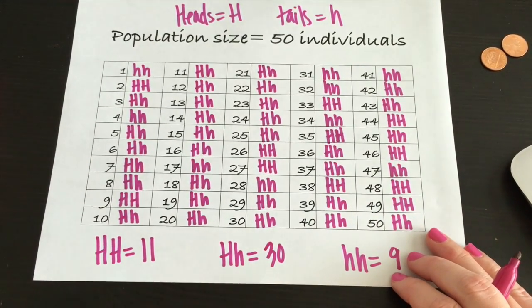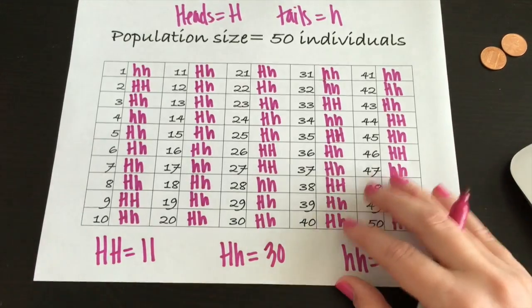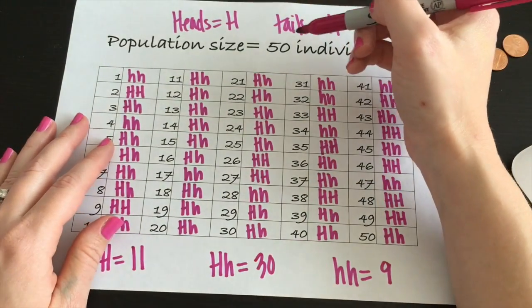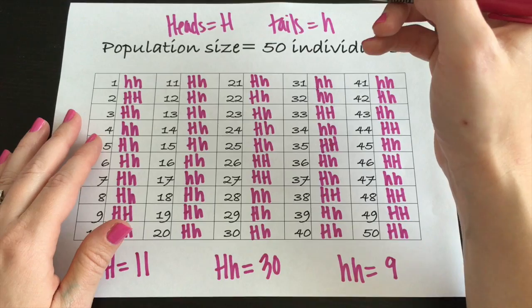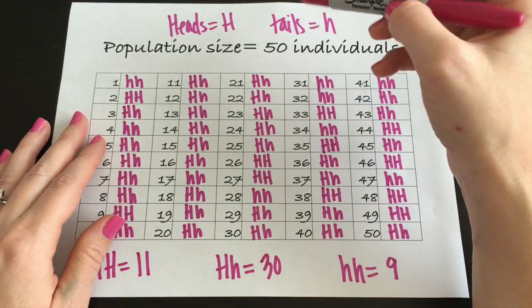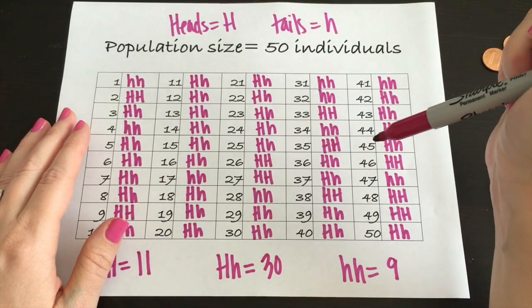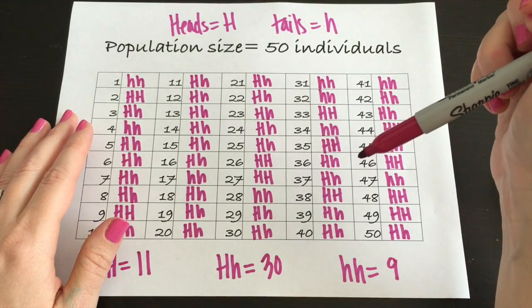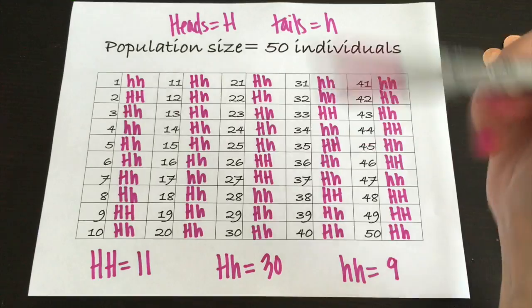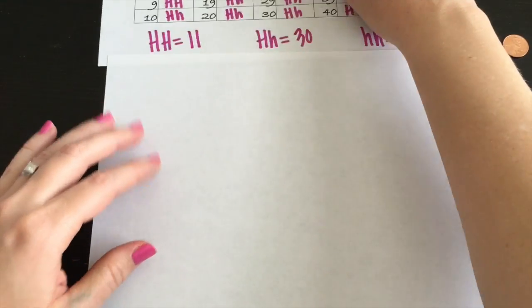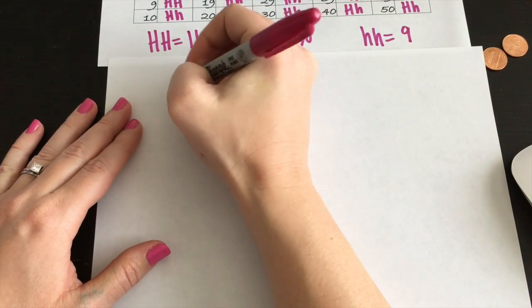So what does this mean in the grand scheme of things? If I could look at everybody in my population and see their genotype, this is what I would see. But remember, we don't see genotype, we see phenotype. So what we would really see is